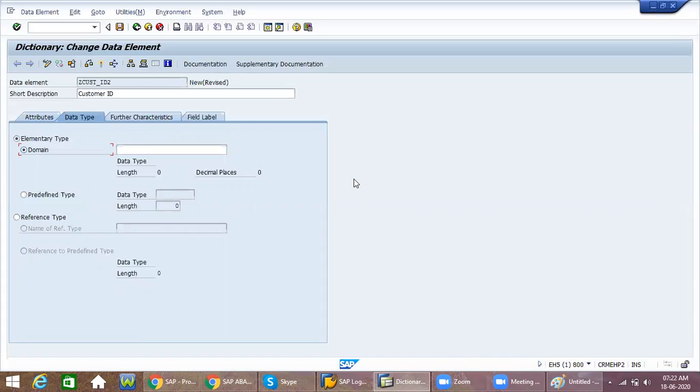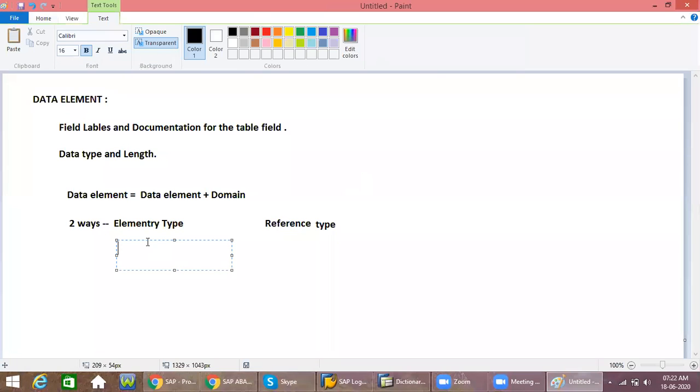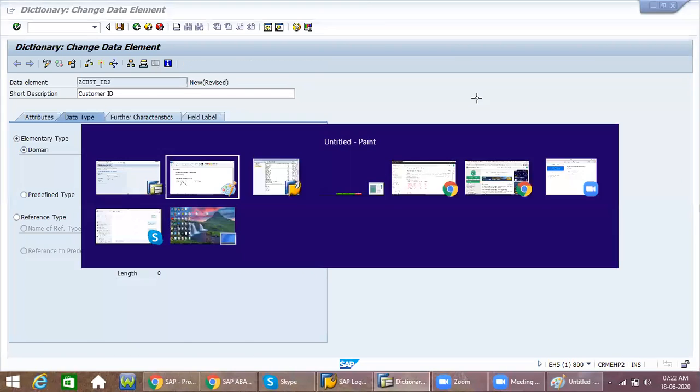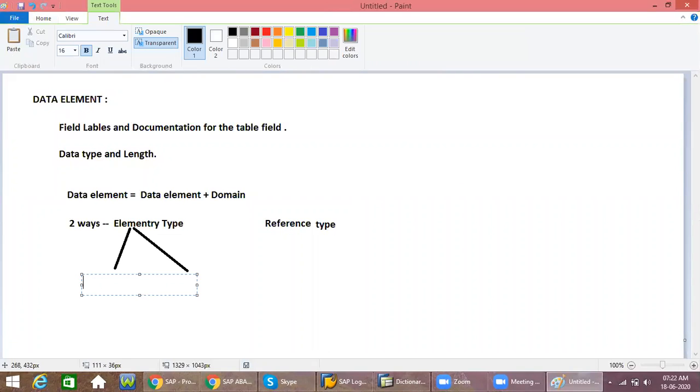In SAP we mostly don't go with reference type. Only in the elementary type can we go while creating the data elements. In the elementary type we have two more options. One is with the help of domain, another is with the help of predefined type.